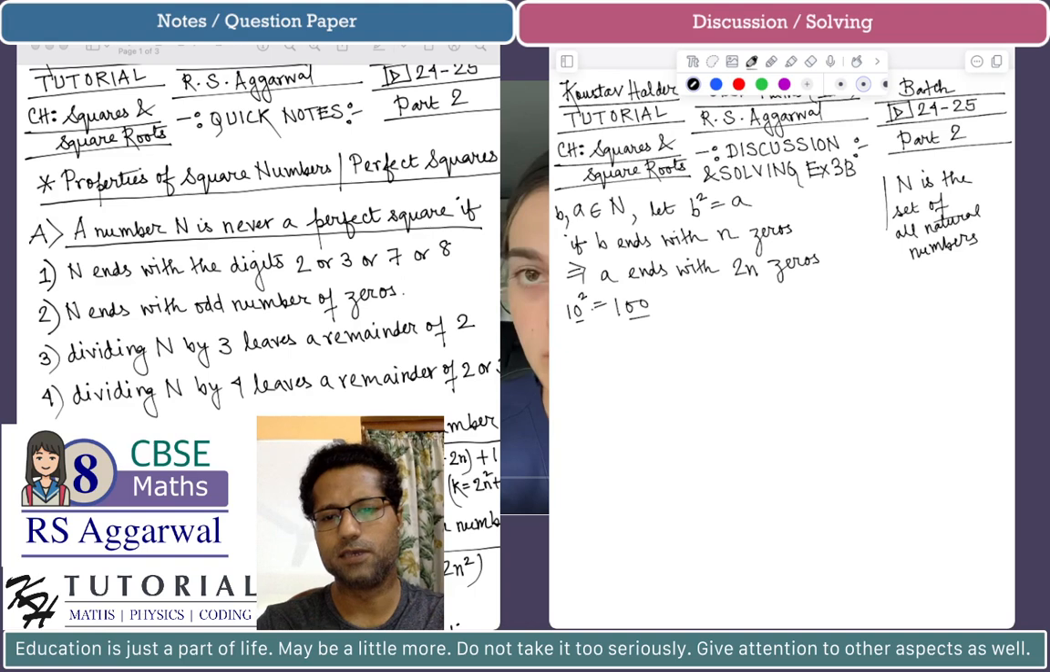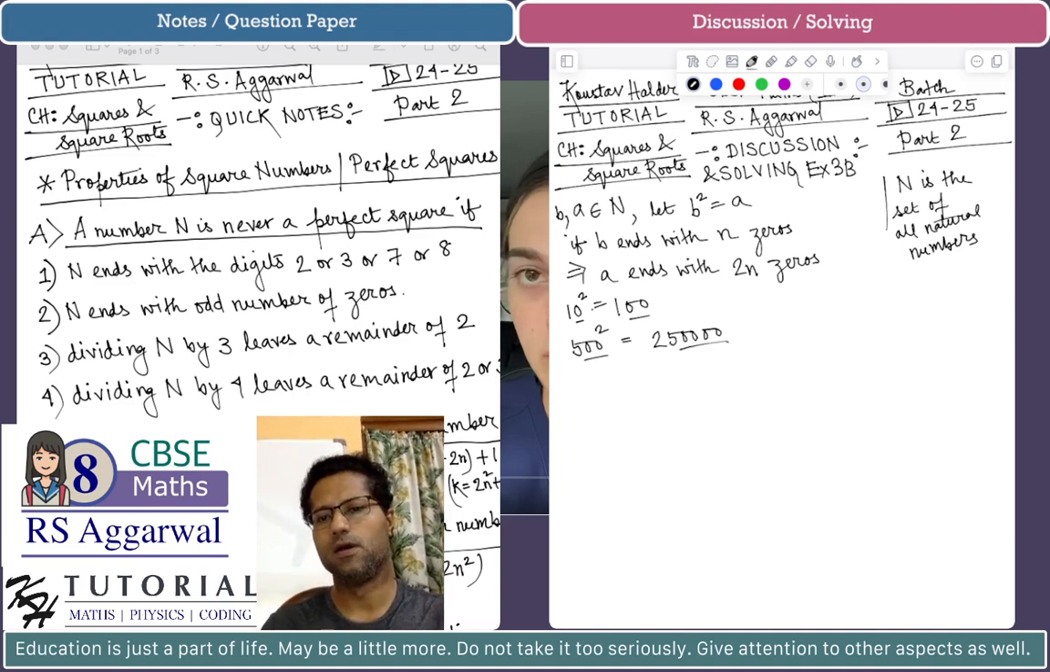Let's say 500 squared. 500 squared is 250000. Now you can see 500 has 2 zeros and 250,000 has 4 zeros. So if we have B squared equals A, and if the number B ends with